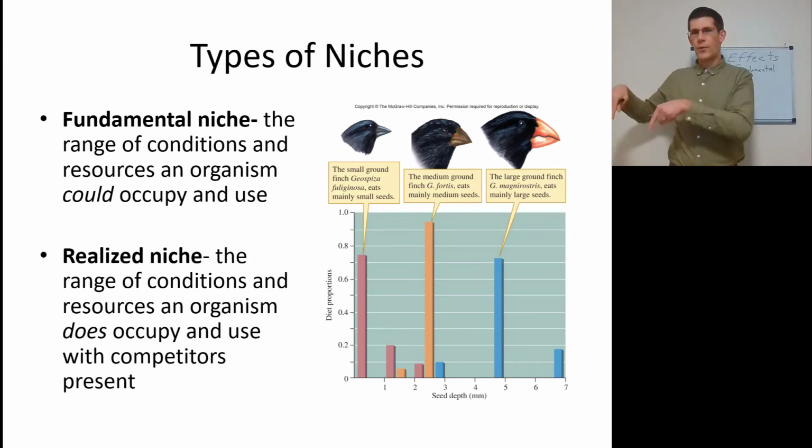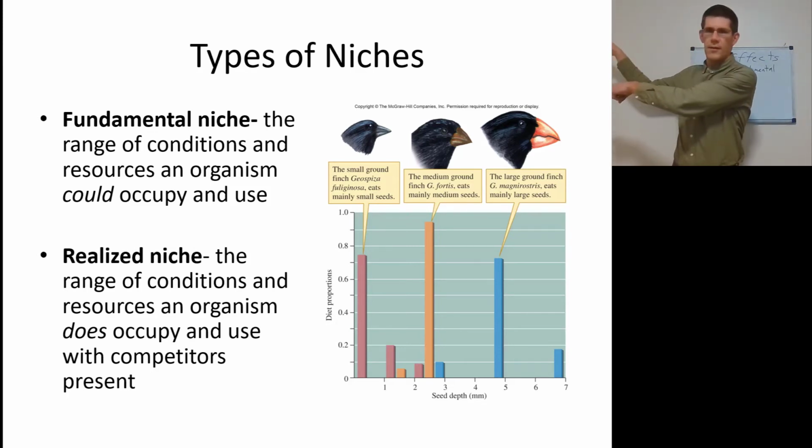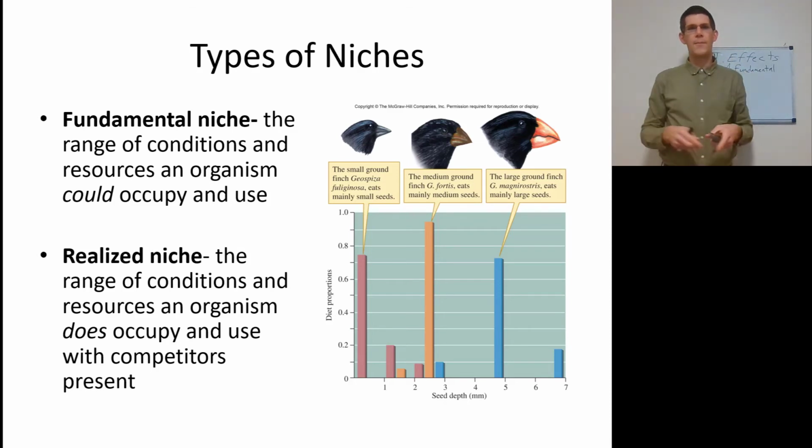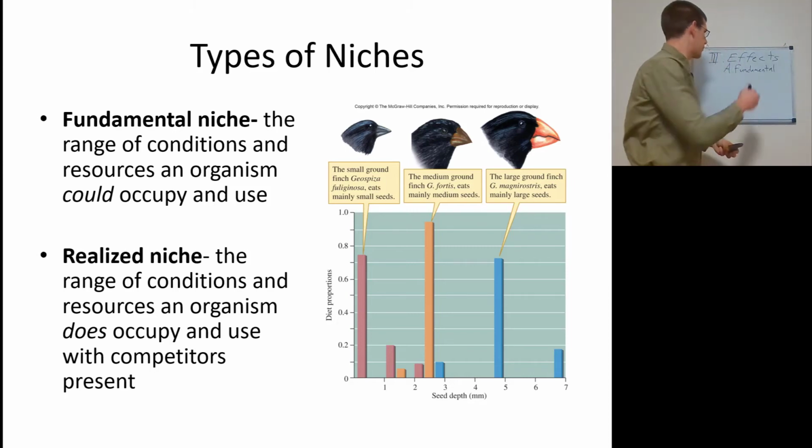Magna-rostris, fortis, filiginosa. There we go. So ideally, Geospiza fortis can eat seeds from a depth of 1 millimeter all the way to 6 millimeters. It can. It has a large range in this fundamental niche. But in the presence of these other ones, you're going to have